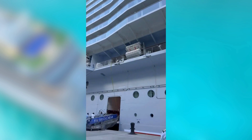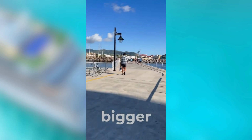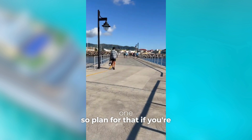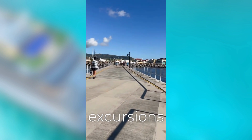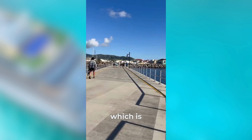Like most other cruise ports. The one I docked at today can accommodate 4 cruise ships, and there's another one on the island that can accommodate 1. Since it is a bigger cruise port, it is a long one, so plan for that if you're timing excursions. Once you walk down the long pier, you can enjoy the beautiful scenery, which is the mountainous views